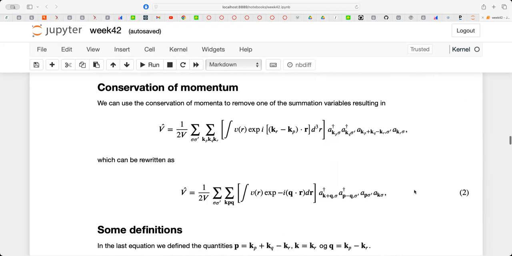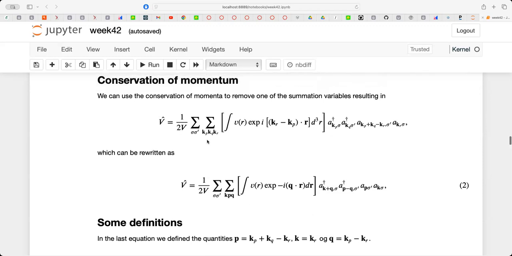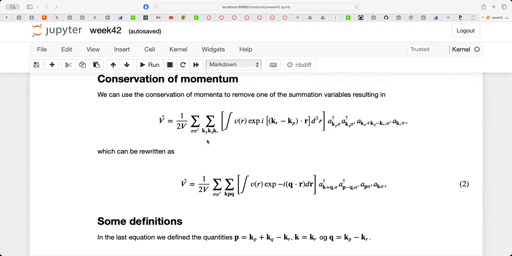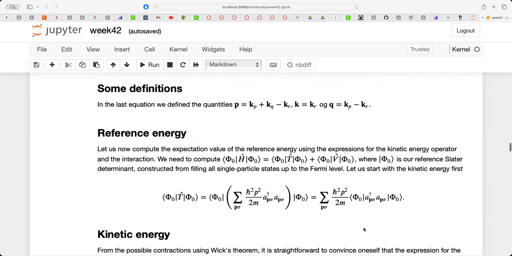With that restriction, we can rewrite this sum and the sum over the spins in terms of this equation here, where we now got rid of one of the momenta due to momentum conservation. And then what we did was simply to define new variables,